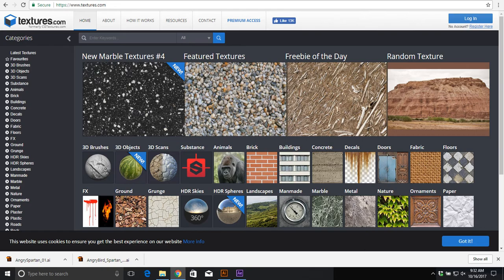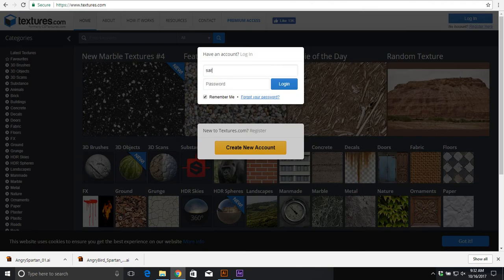So there's a website called textures.com. I believe I've shown this before. If not, I'm showing it now. You create an account. It's free. And then if you remember your password,